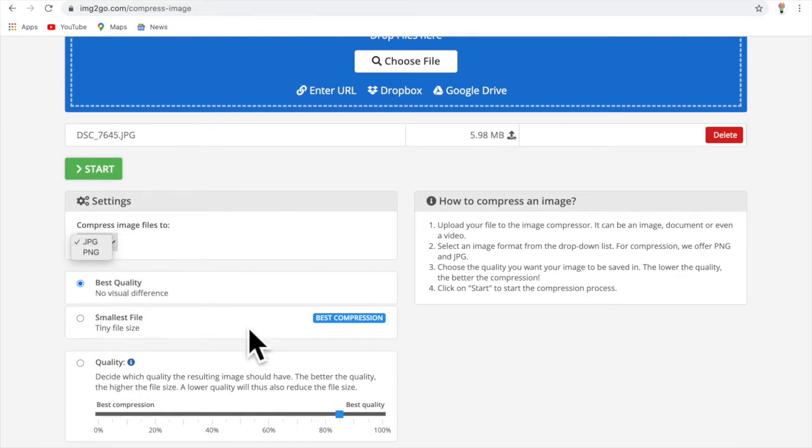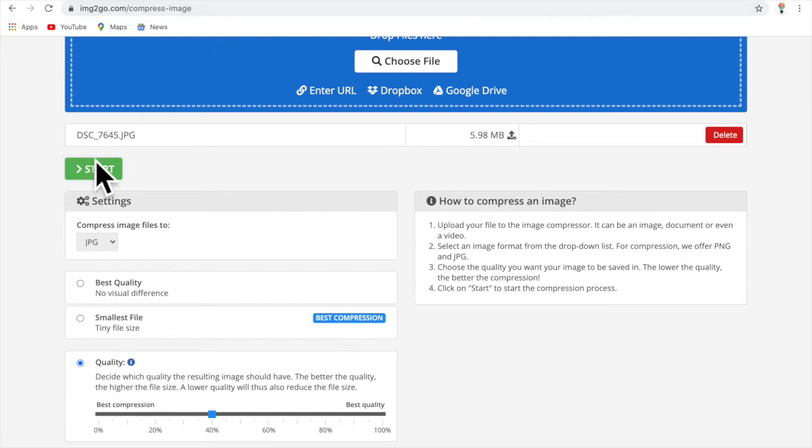Then after compression, what do I want? The best quality or the smallest file size or the quality I can decide manually. So I will be deciding this by reducing the size, and the quality should be 40%. It is a very big file, so if we compromise on quality, the quality won't be that poor.